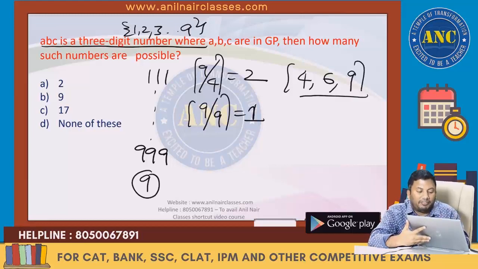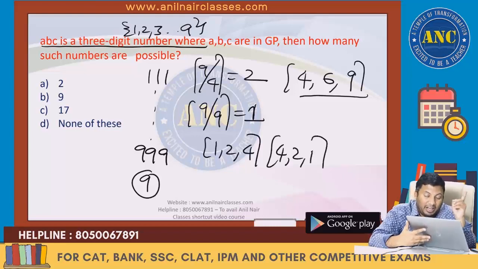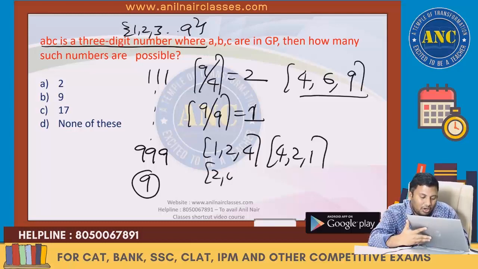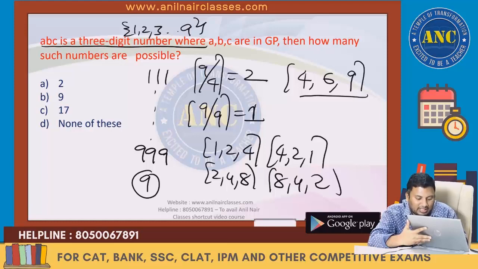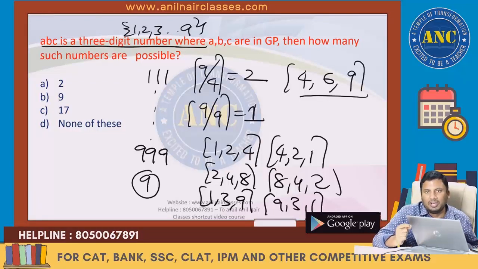The only difference is, if B square is 4, from 1 to 4, there is no restriction. So reverse also can be taken. In the previous question, there is a restriction, A less than B less than C. 2 4 8, and this 8 4 2. These are the 2 cases. Again 2 cases will come. 1 3 9, and this is 9 3 1. Beautiful question, sir. If you are watching this video, every question will teach you one concept.